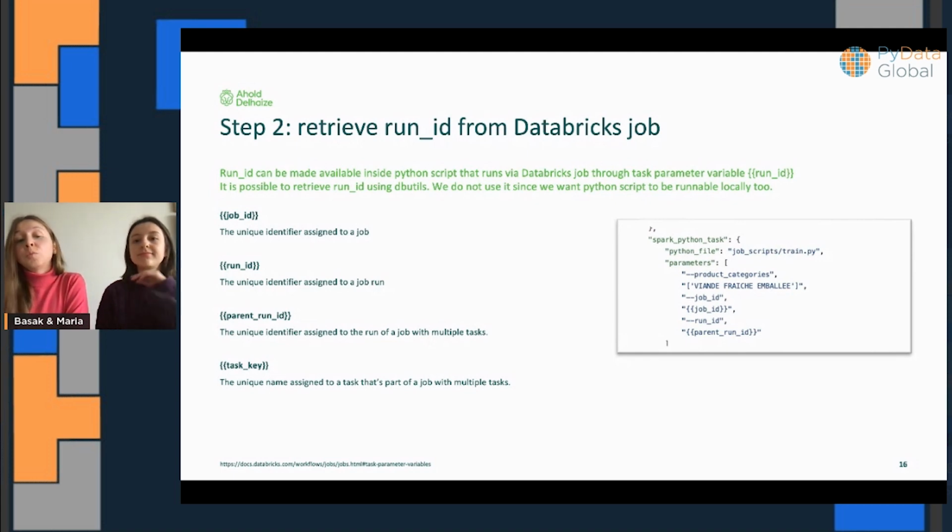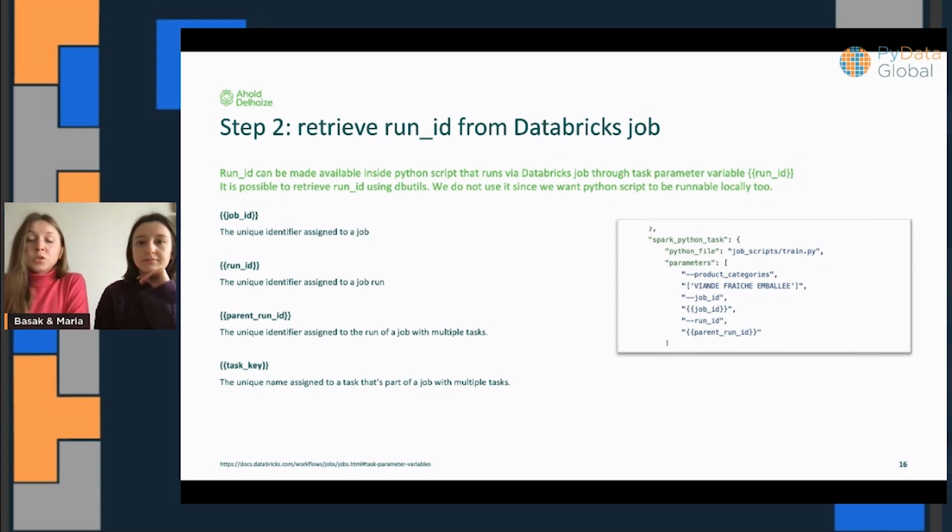If you have a job with multiple tasks, then you need to have parent run ID as a unique identifier for a run of your job. And there is also a variable like task key. There are more things that can be used as task parameter variables. For example, if you have secret scopes defined in Databricks, those can also be passed as task parameter variables.